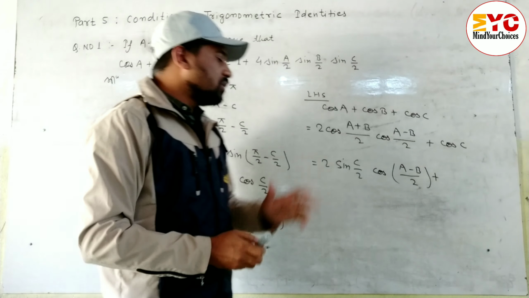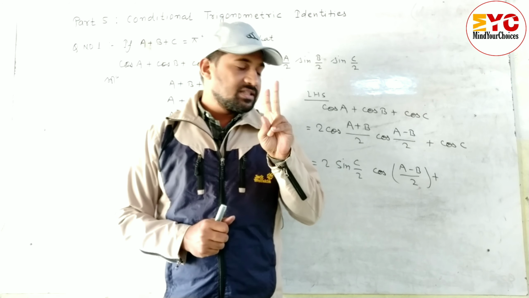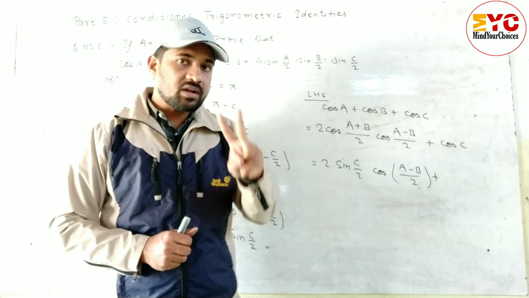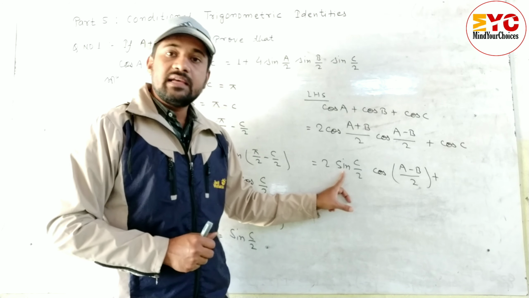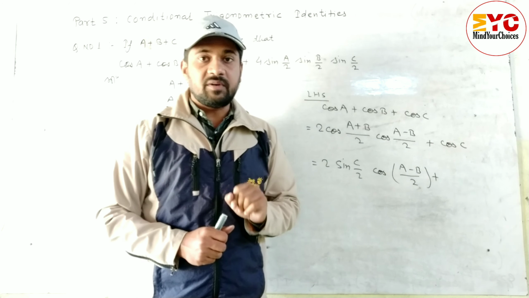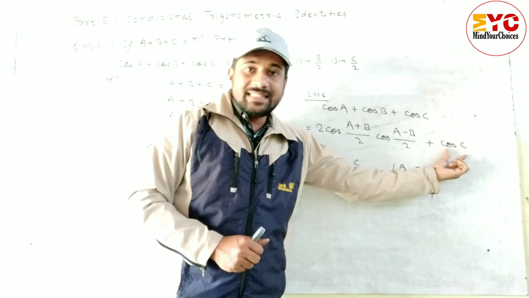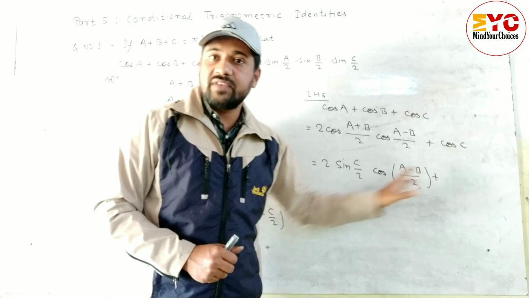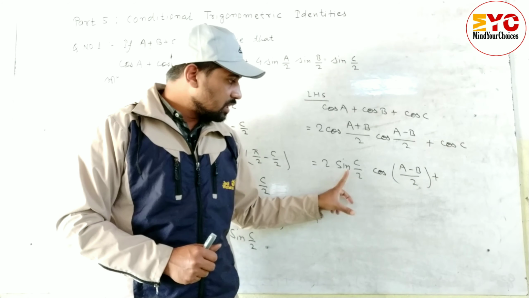Now we have to write down the formula of cos C. For cos C we can write 2 cos square C by 2 minus 1, or 1 minus 2 sine square C by 2. Out of the two we have to use one, and which one depends on this value. What is given here? Sine C by 2. So definitely we use cos C in the form of sine, not in the form of cos. Why use it in the form of sine? To take common. When you use cos C in the form of sine, then we can take common here. If you use it in the form of cos, we cannot take common. So it depends on this value which formula of cos C we have to use.